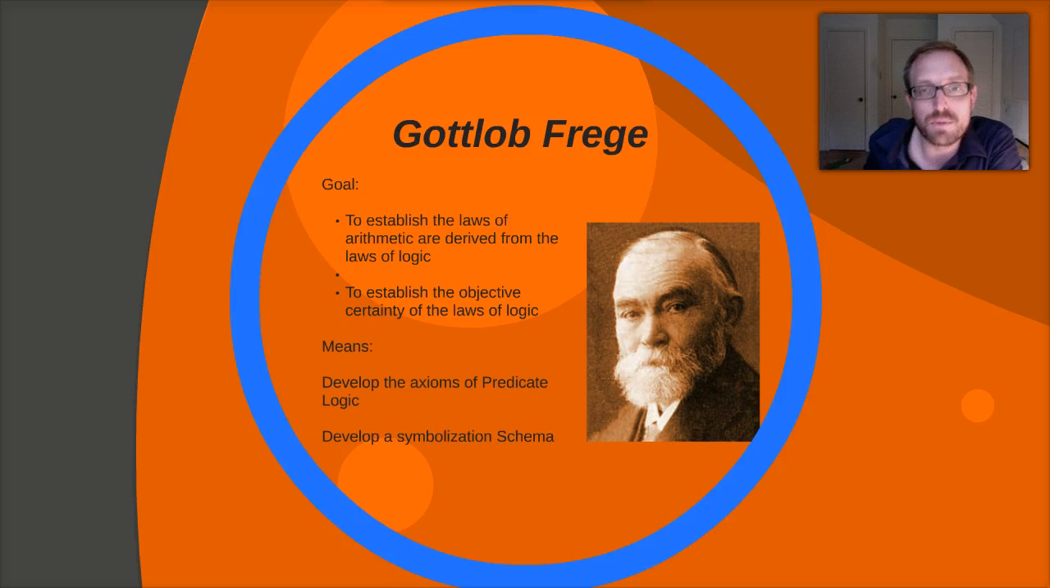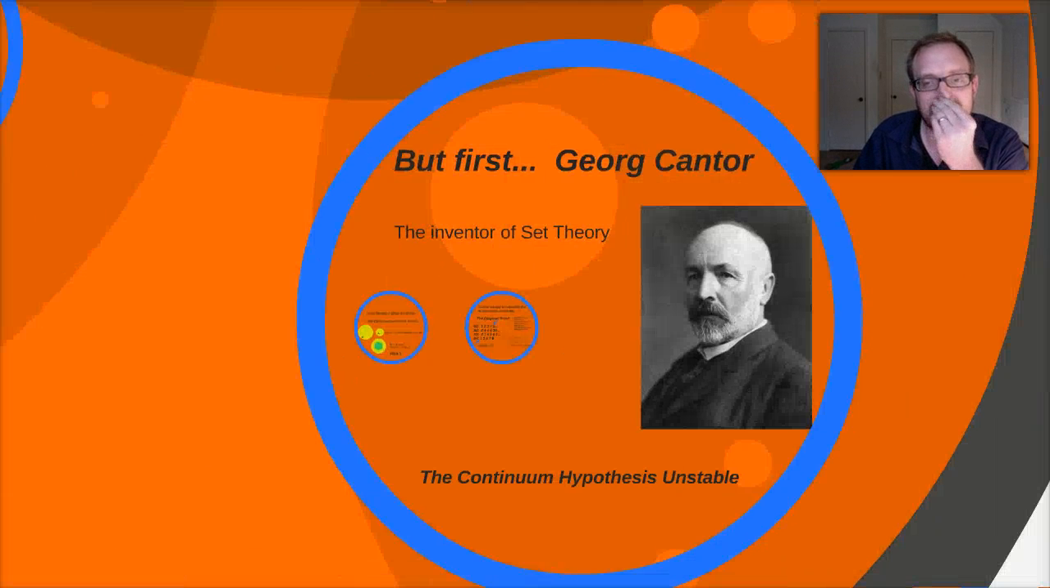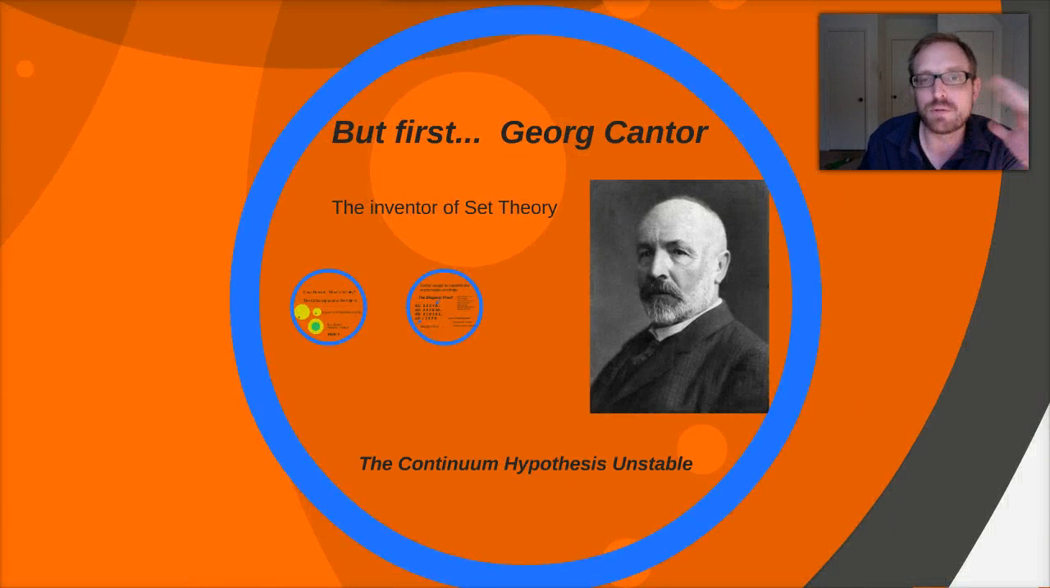Now, how does he do this? Obviously, there's lots more we could talk about. Another thing is, Frege is a trained mathematician, not a philosopher, but he is a philosopher. He's working as a mathematician. Well, he did this by developing the axioms of predicate logic and also developing a symbolization schema. But before we go through that, before we can really understand Frege here,